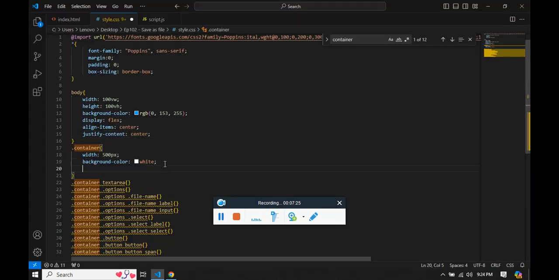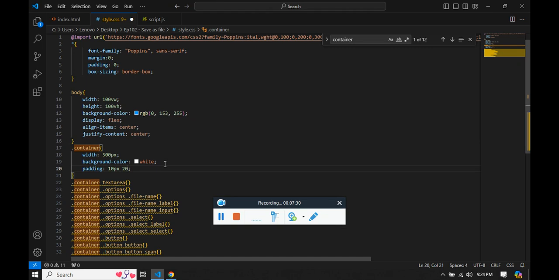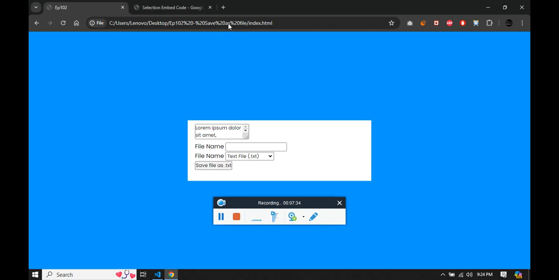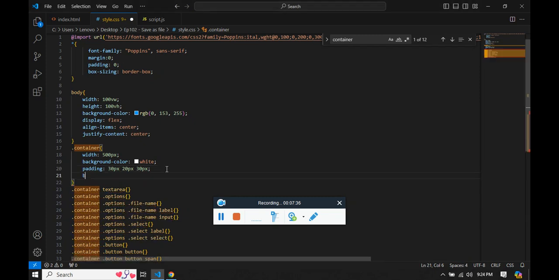Now let's give the padding on all sides. We can have top and bottom 10 pixels, left and right 20 pixels, and bottom 30 pixels. If you refresh, you will see the padding all around. So let this be 30 as well, top and bottom, and let the border radius be 6 pixels, and box shadow. As said, you can see we have a picker and use it over the container, and in the style sheet